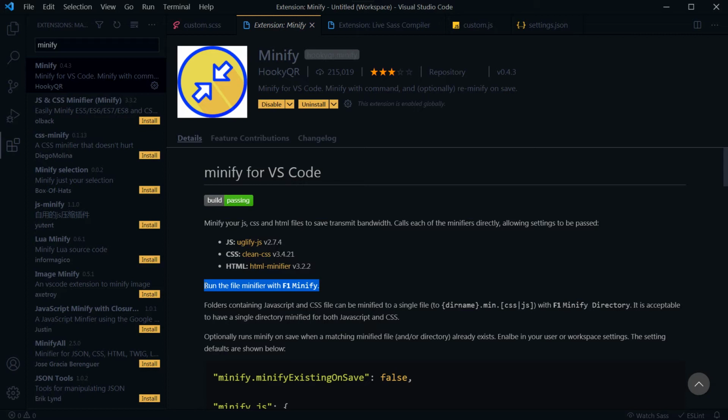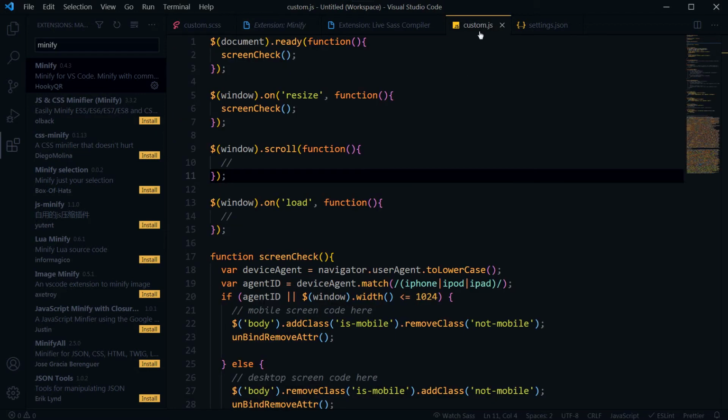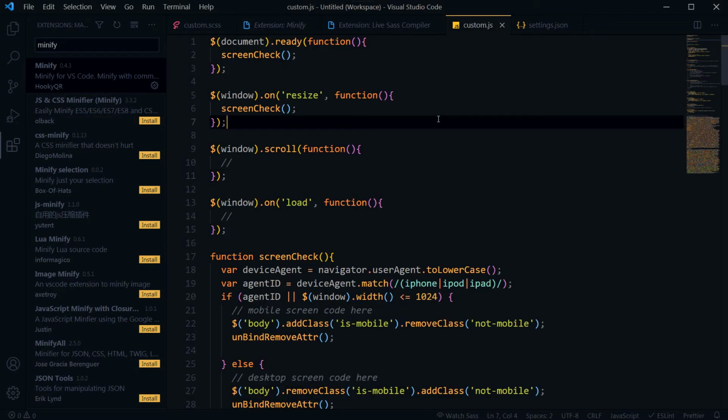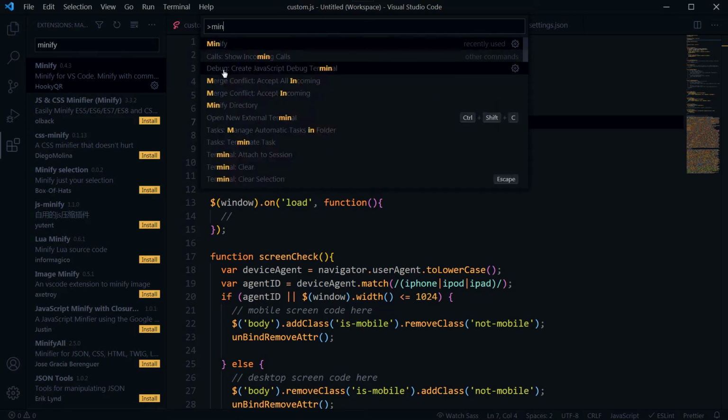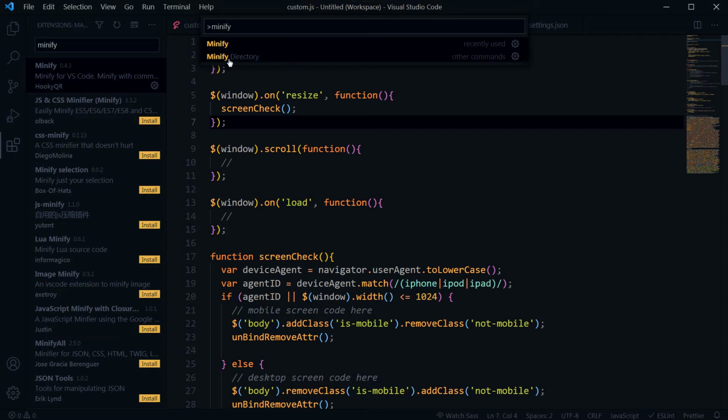Like this, run the file Minifier with F1 Minify. And if we want to use this extension, we have to bring our focus to the file. The file should be opened in the code editor and we should press the F1 key and then select this Minify, or if we can't find this Minify here, then type Minify here and select Minify.